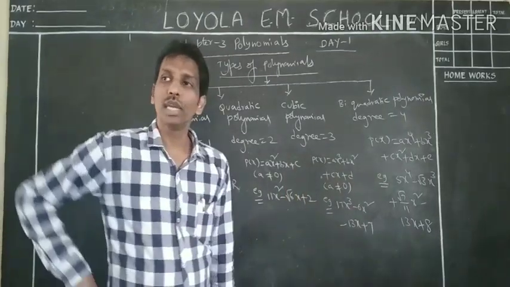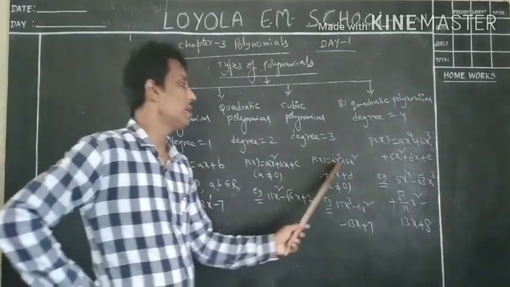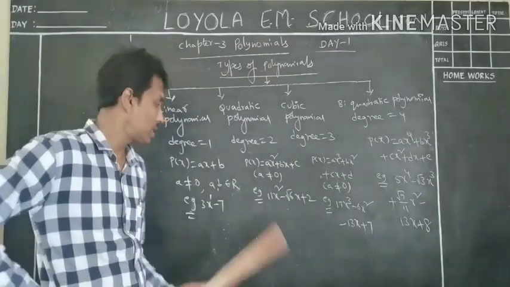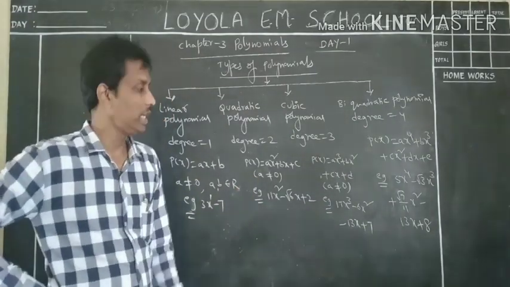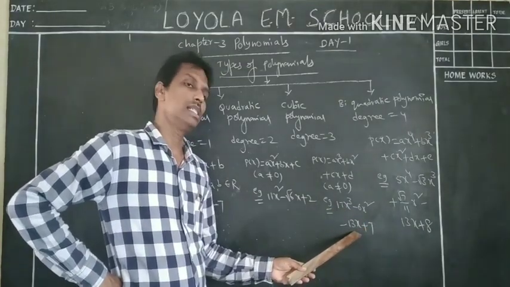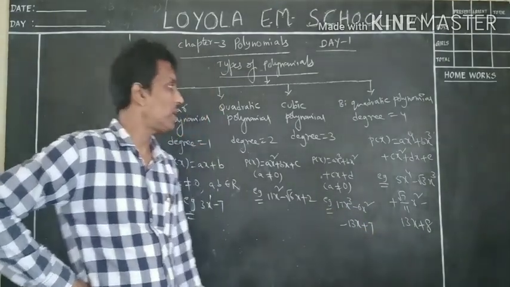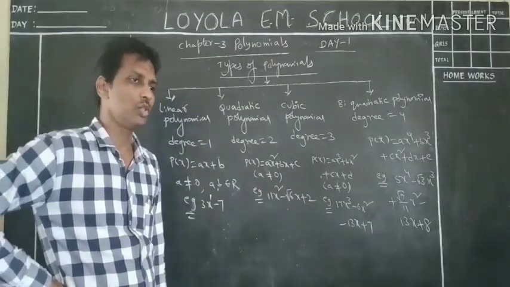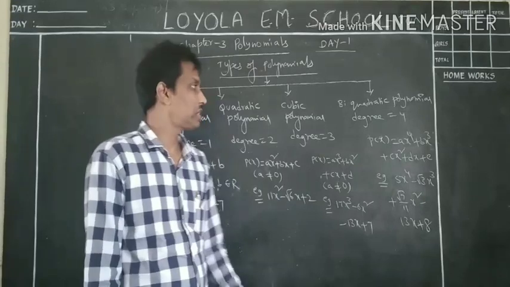Of course, here also a, b, c, d. How many a, b, c, d alphabeticals we take in that example? They all come under the set of real numbers only. 17x cube minus 6x square minus 13x plus 7 is an example for a cubic polynomial. We need not take the same examples. You may write your own examples also.